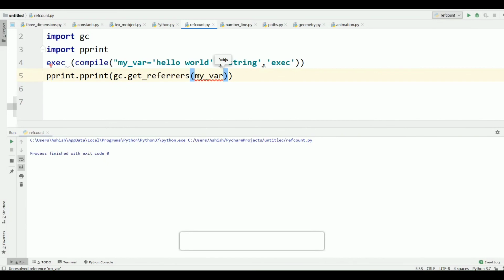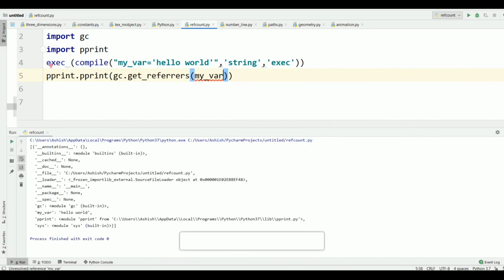Now run. Now we see that my_var appears only one time, which is the same as in the command prompt. This is the reason, because here we compile only my_var equal to hello world, not all the strings. This is the main reason.